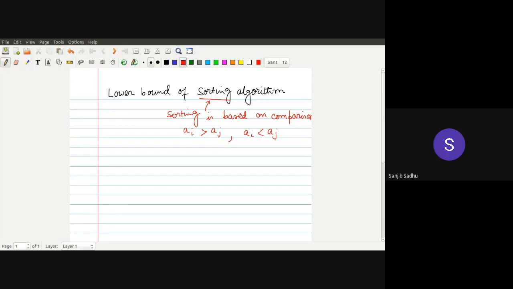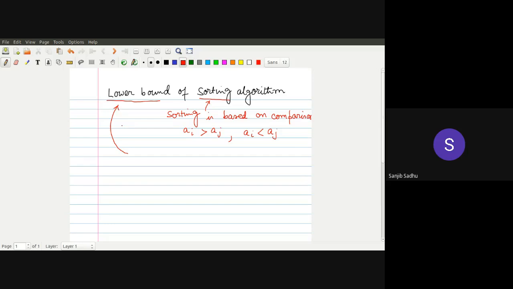So examples you know already: bubble sort, quick sort, merge sort, selection sort, all of these are based on sorting the numbers in the array. But in case of radix sort, for example, you do not compare which one is greater, this or this. Those who know can check that we just see the bit positions, we do not compare the numbers. Now lower bound means what will be the minimum amount of time required